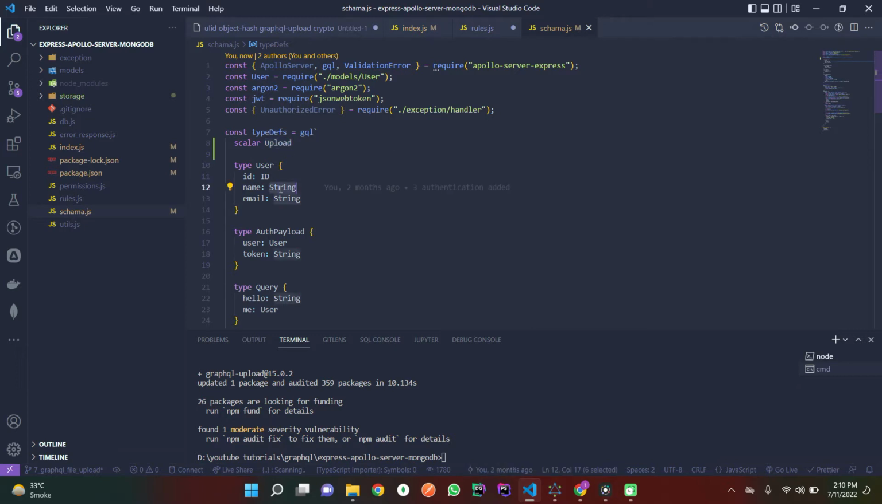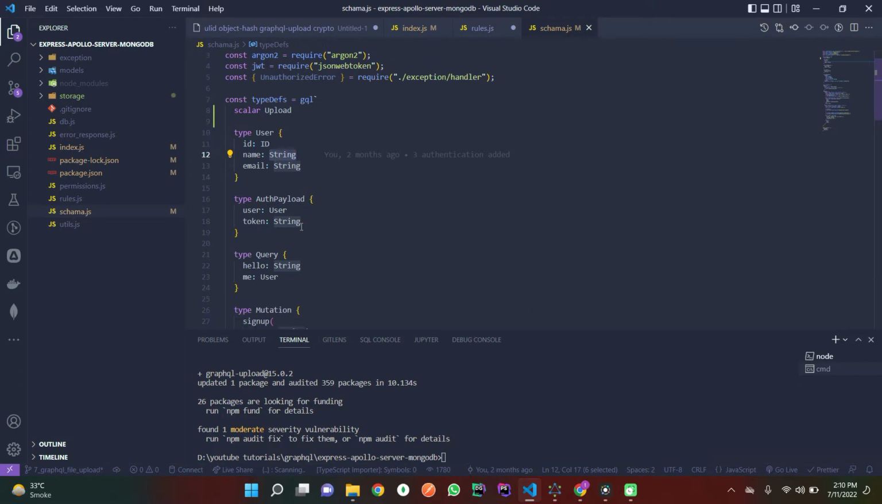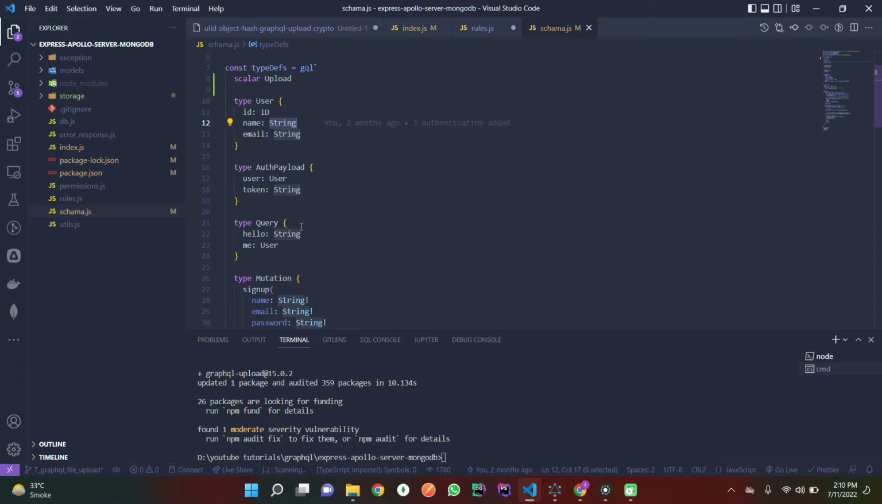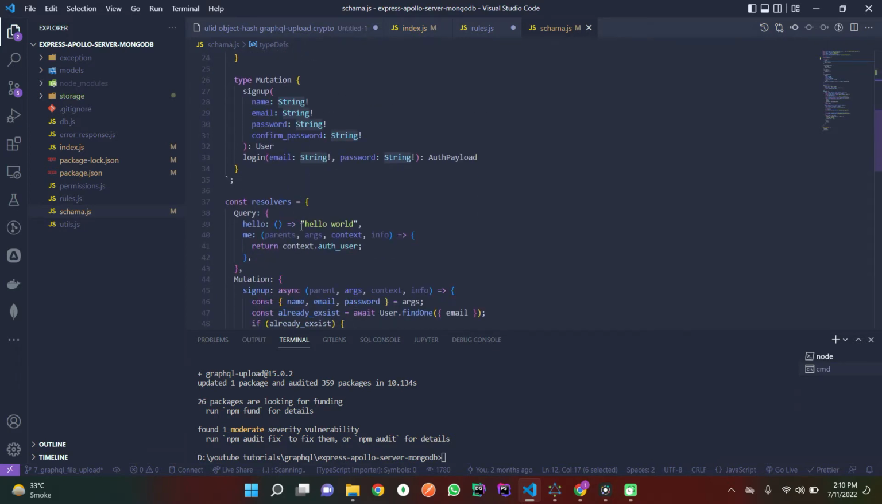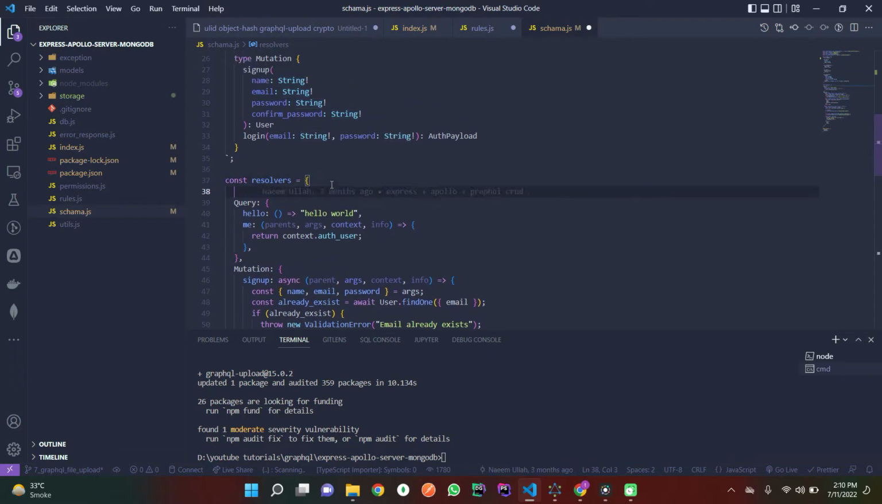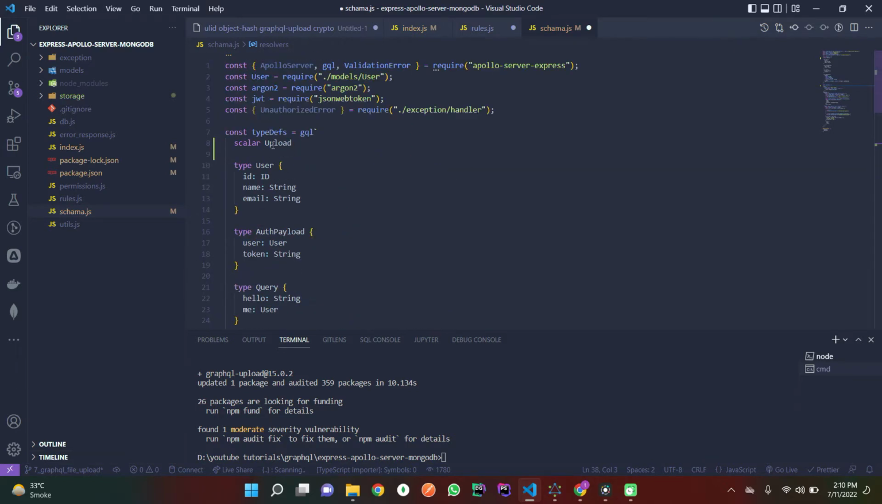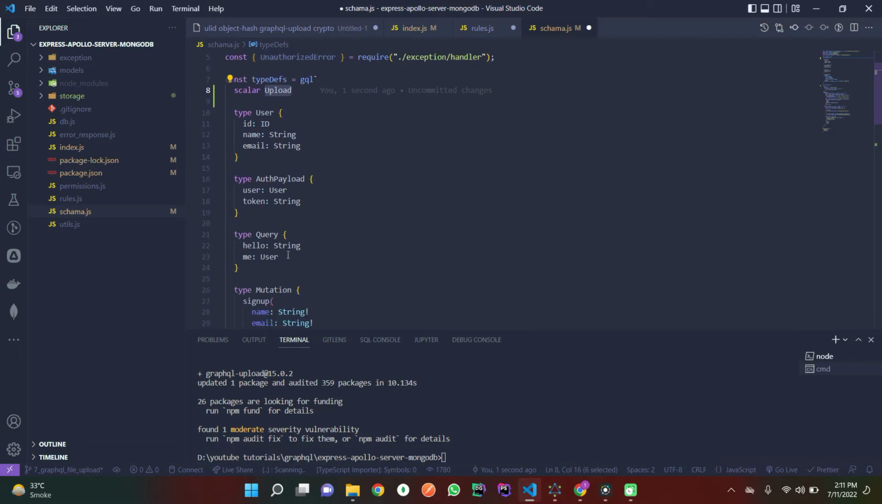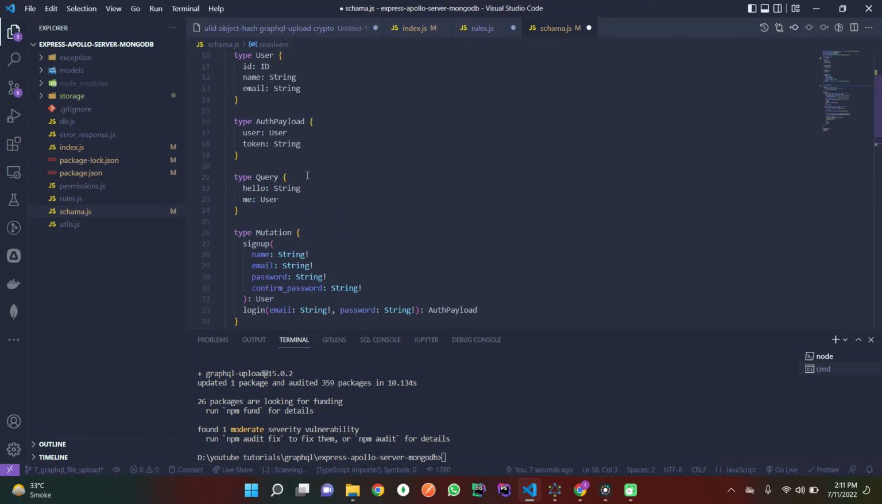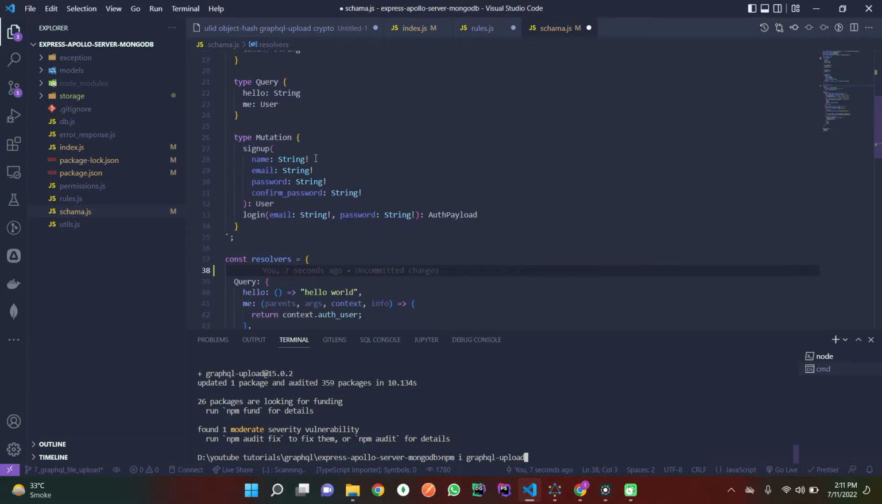Now how will it resolve? As we know, a string contains characters enclosed in double quotes, an integer gets a number value, and the same for double precision values. There is already something defined for these, like strings and numbers. There is also something defined for upload, and we are not going to define this ourselves. It is already defined in the package we have installed, graphql-upload. It will automatically resolve the